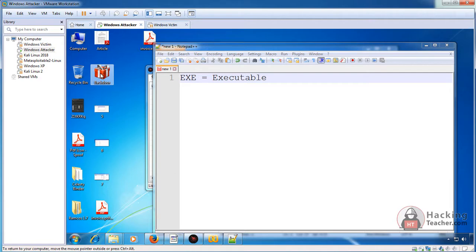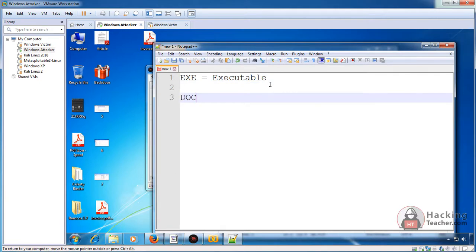But an exe can start on its own. It doesn't need something to start it. You just need to double click over it and it can extract itself, and it will automatically do all the operations for which it is built. Like it will automatically connect back to the attacker, it will give full control to the attacker. With just one double click, it will perform all the operations for which it is built. That's it. But now you want the extension to be doc or PDF.